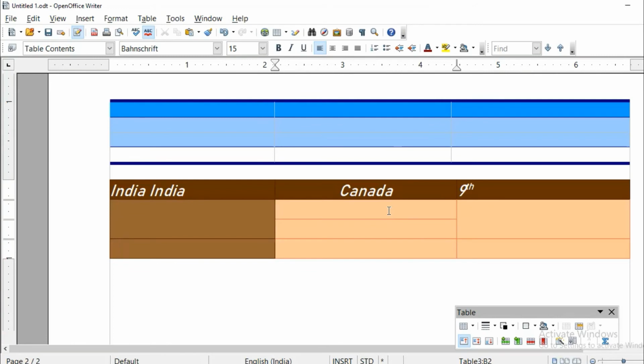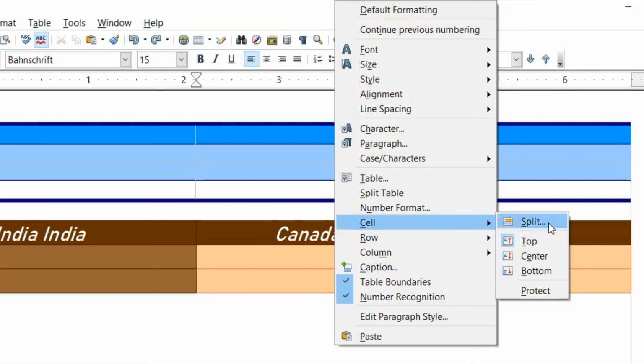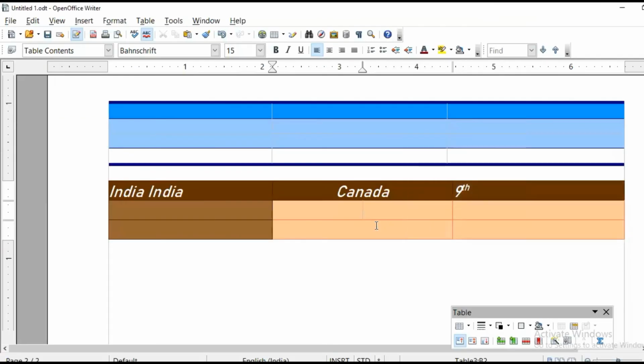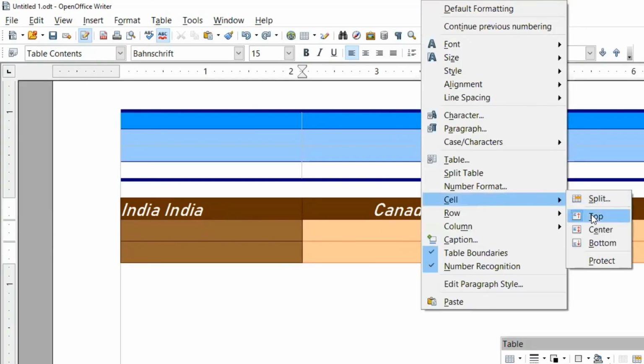Now let's see how to split that vertically. So this is vertically we have divided this cell. Now this is top, center and bottom. This is alignment of text that is inside that cell.